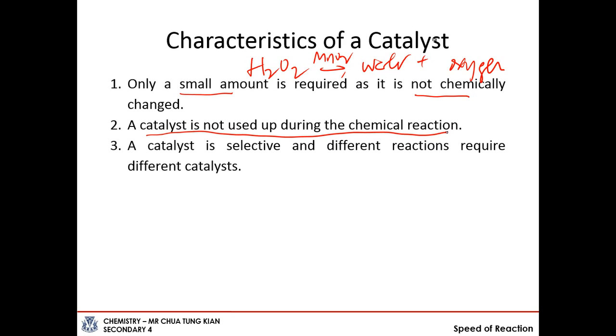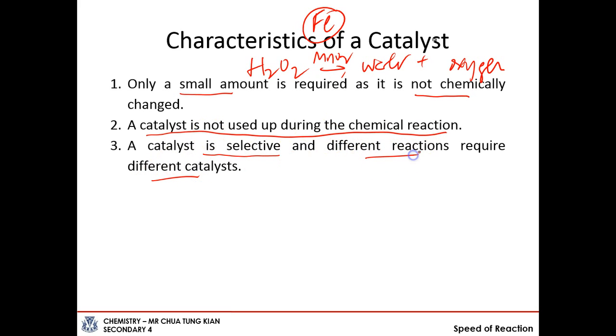A catalyst is also specific. It is selective, and different reactions require different catalysts. So take for example this equation here, the breakdown of hydrogen peroxide into water and oxygen catalyzed by MnO2. If I were to add in, say for example, a lump of iron, it probably wouldn't catalyze the reaction. The reaction will still proceed at the same rate. So from this we can see that a catalyst is specific and selective, and we need to change the catalyst for